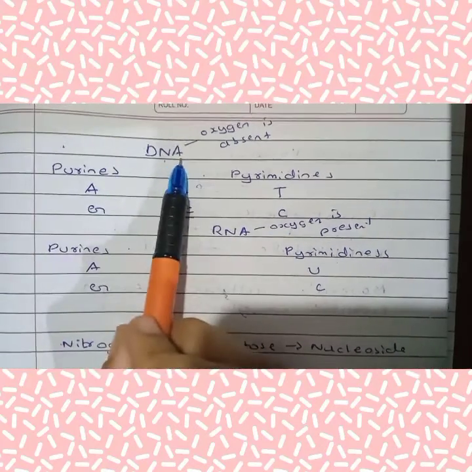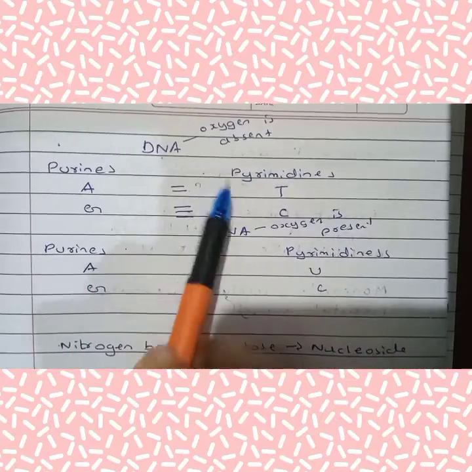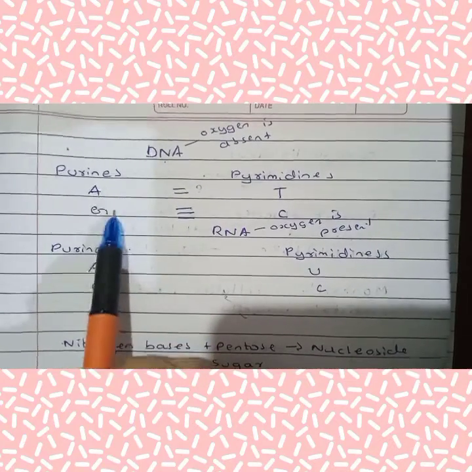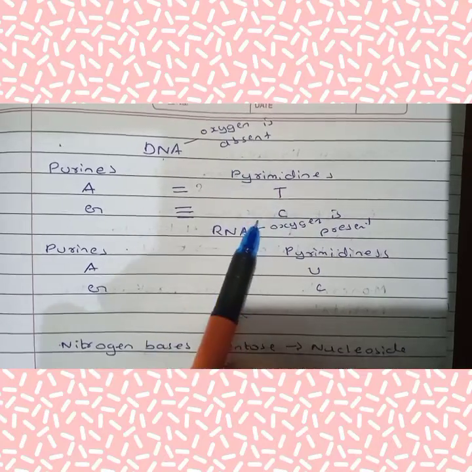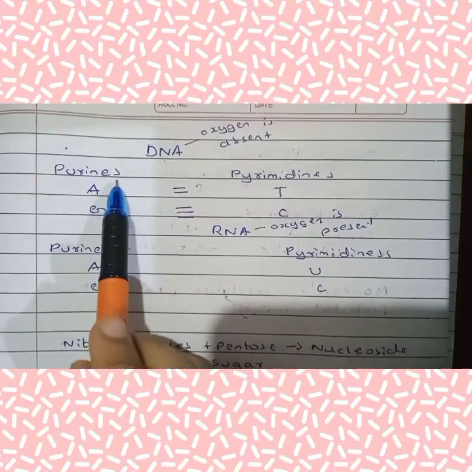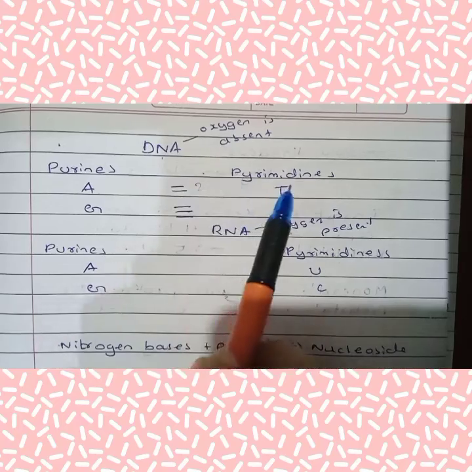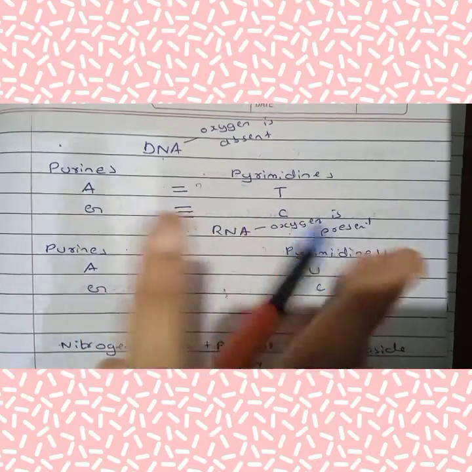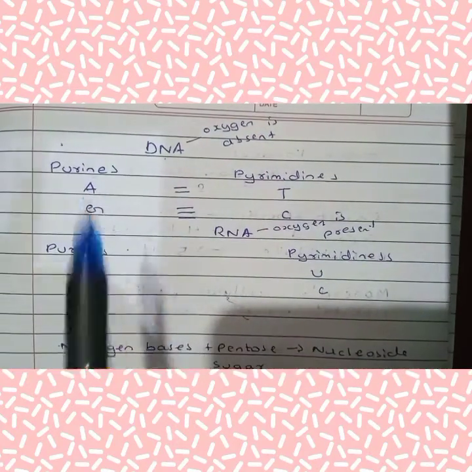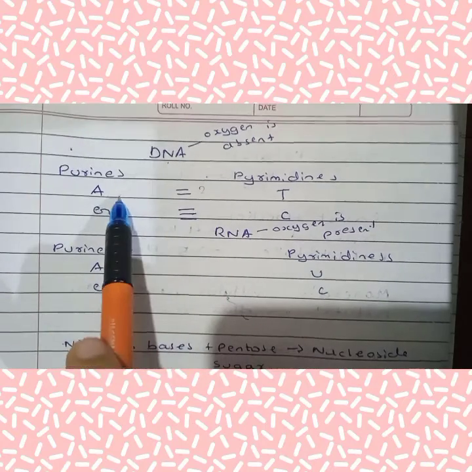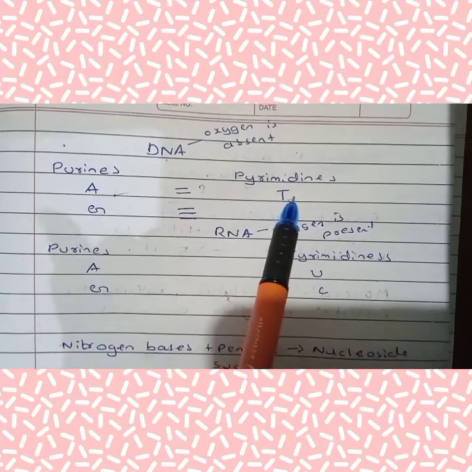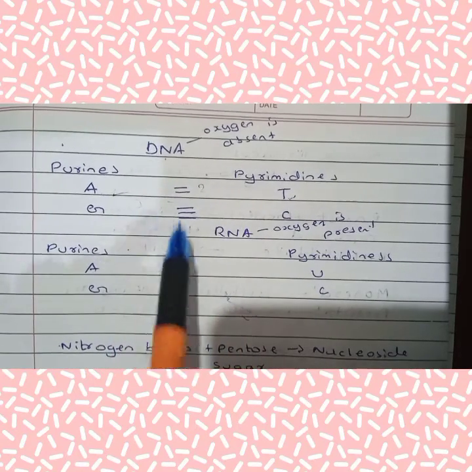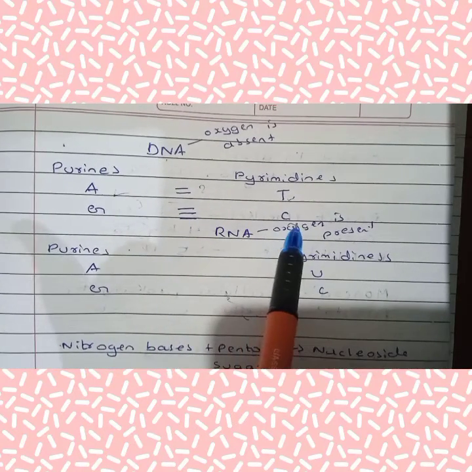Now DNA is formed by purines and pyrimidines. Purines are A and G, and pyrimidines are T and C. This is important: purines form a pair with pyrimidines. They always get together, coupled, and form pairs. So A forms two bonds with T, and G forms three bonds with C. You will study it further in your